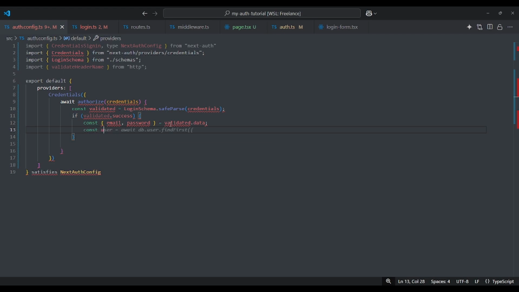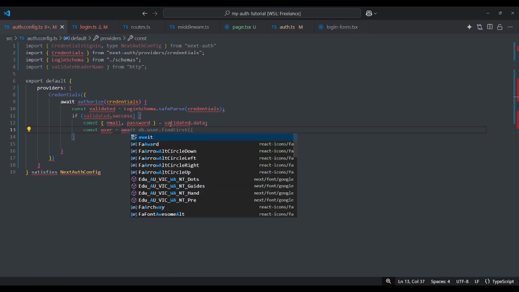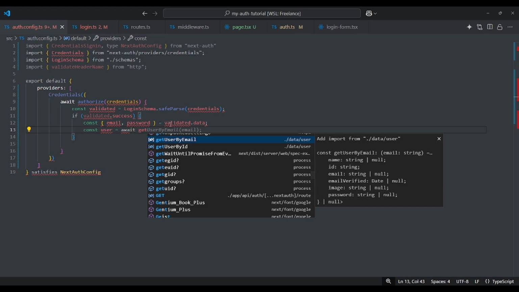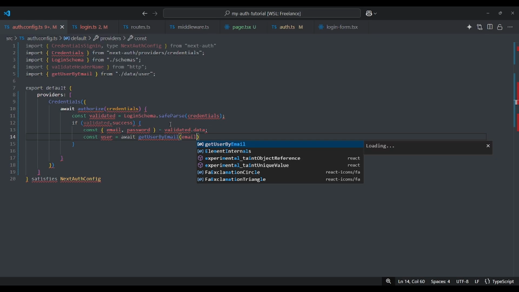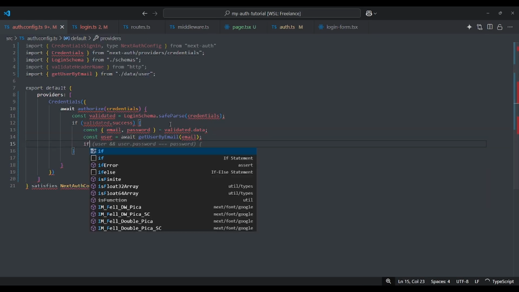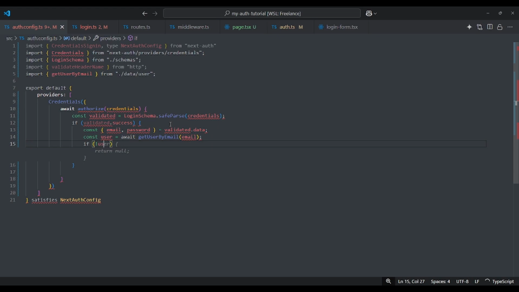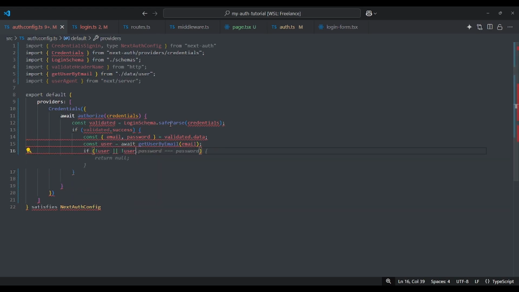So let's define here a constant user, which is equal to await getUserByEmail and the email. And if there is no user, or if there is a user but there is no password, then we have to return null.